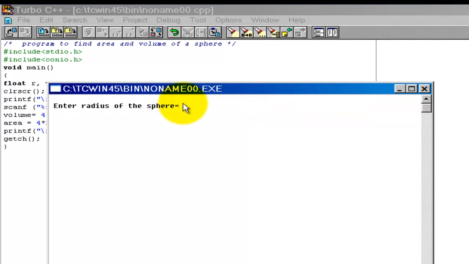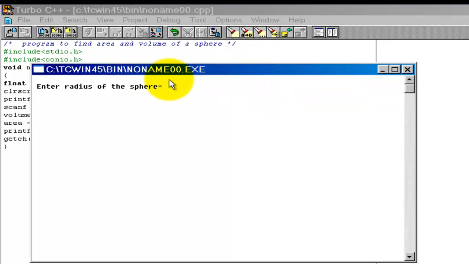We type radius 20. Next, enter. Here the result: volume equal to 3349.33, it shows up to 2 decimals, and area equal to 5024.00.